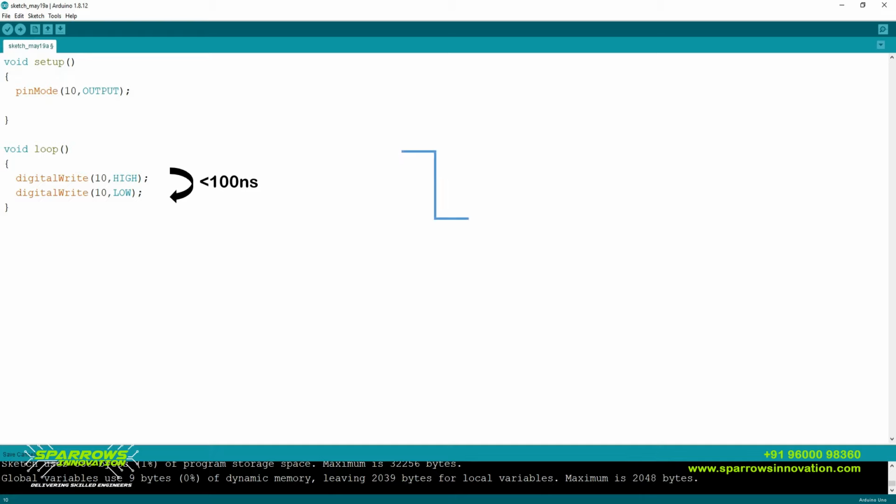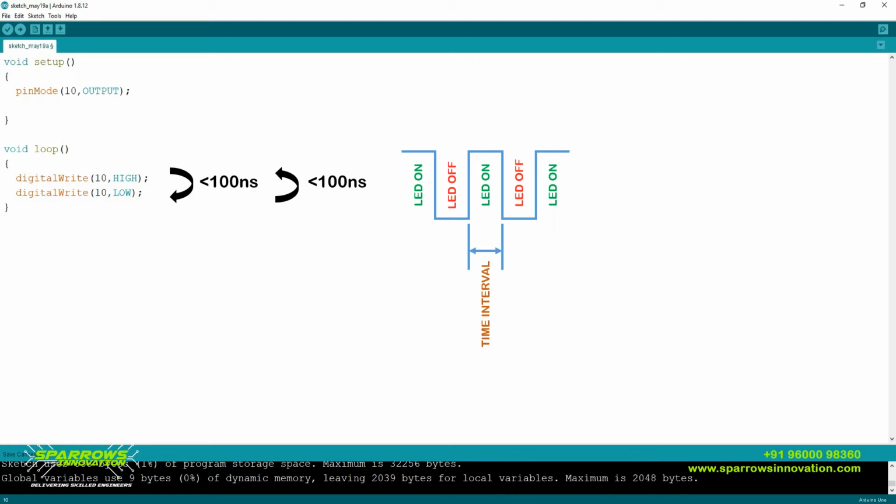That means the LED will get on and off in less than 100 nanoseconds. Then again when we move on to the first line of the program, it will take another less than 100 nanoseconds. So again my LED will be on in less than 100 nanoseconds. This 100 nanoseconds is a very short duration, so our human eye can't detect the difference.